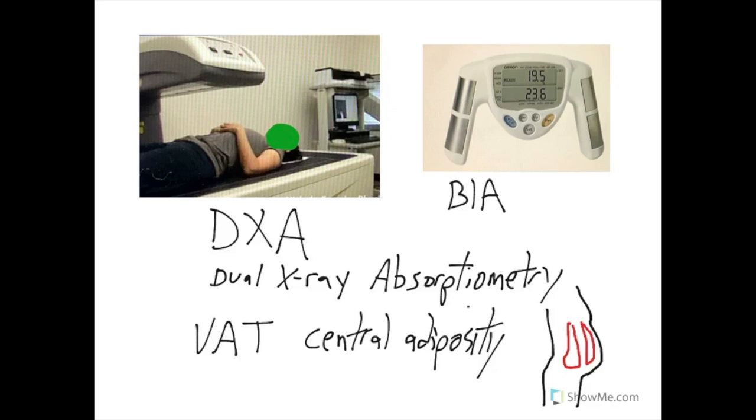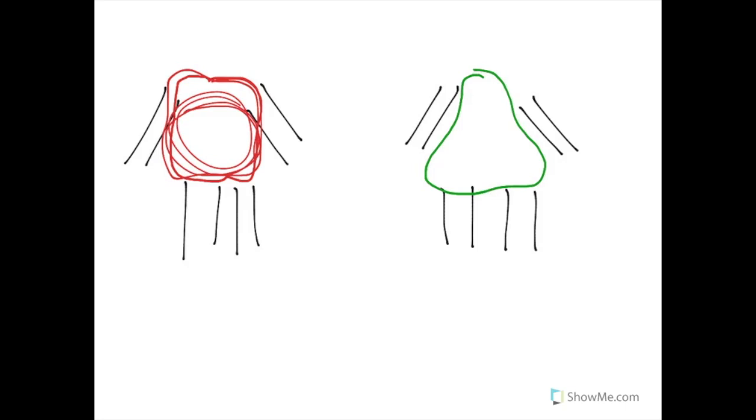And too much visceral adipose tissue can lead to insulin resistance, high blood pressure, high cholesterol levels, and heart disease, unfortunately. This has also been loosely described as having either apple-shaped or pear-shaped fat, or android and gynoid fat. Sorry for the crude drawing here, but if someone has most of their fat located centrally, right about their midsection, in a more square-shaped or roughly apple-shaped pattern, that correlates to a higher level of visceral fat,